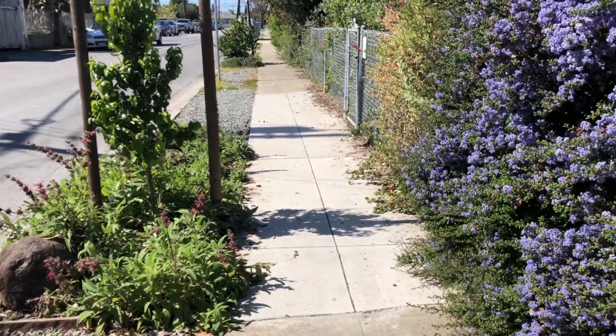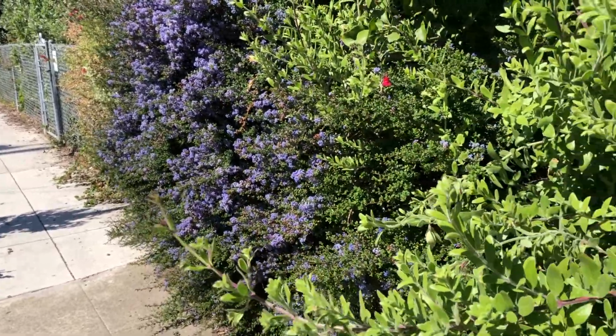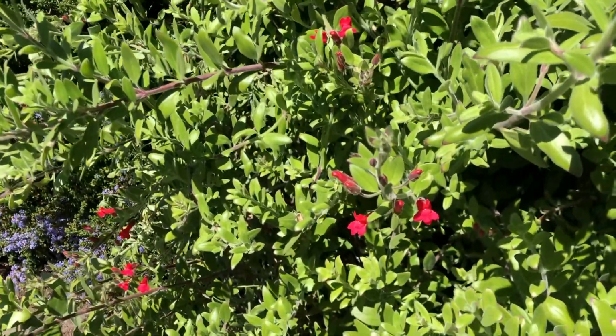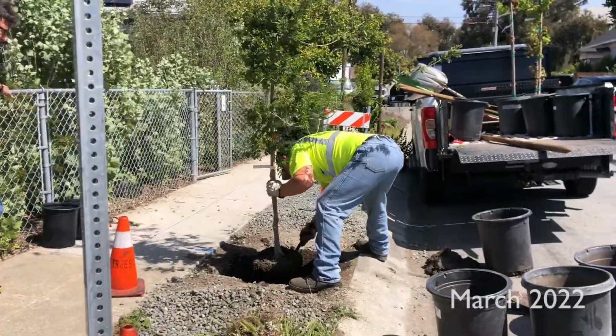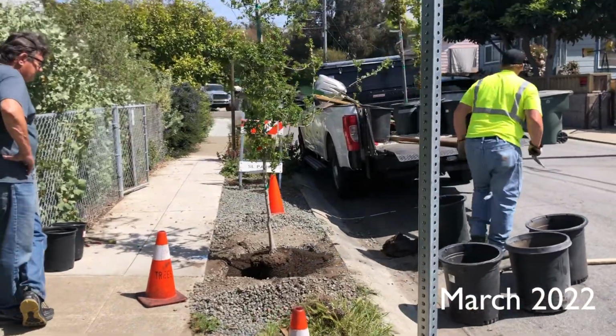Over here by the fence, it's a California lilac pushing through the fence and an island snapdragon. And you know, the funny thing is that now it's me encroaching on the sidewalk, but hey, at least it's native plants. The latest exciting news on the parking strip is that the city put up a no parking sign,